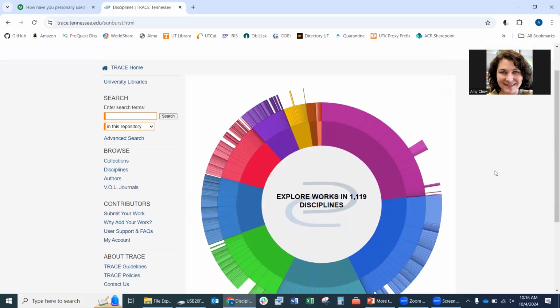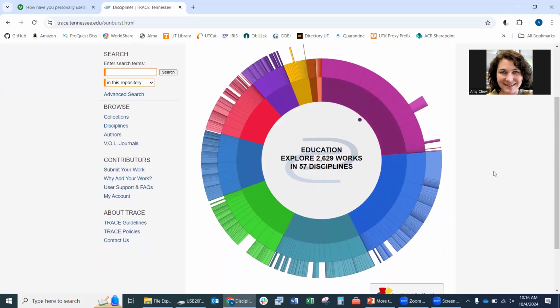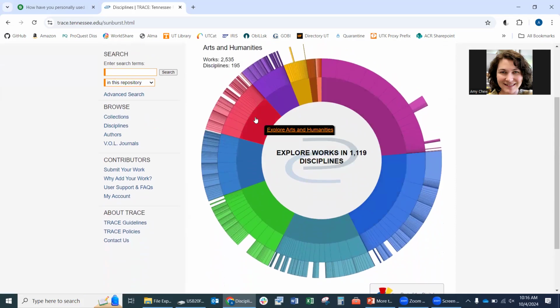There it is. And this is really fun, especially for me personally, because you can just look and see what's going on, and you can find all kinds of information. For example, I just moused over the education area, and it says there are 2,629 works in education with 57 disciplines represented. You can see it says there are over 1,119 disciplines with this. And if you mouse over it and click, you can see all the different